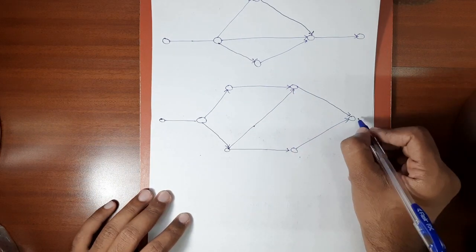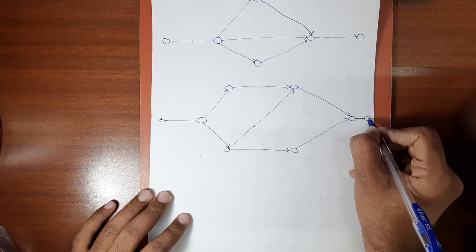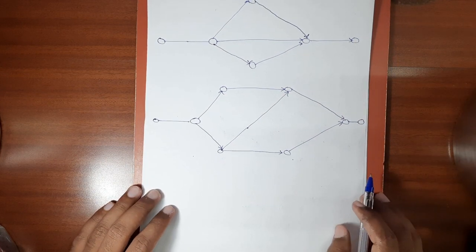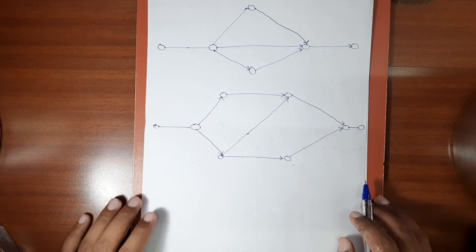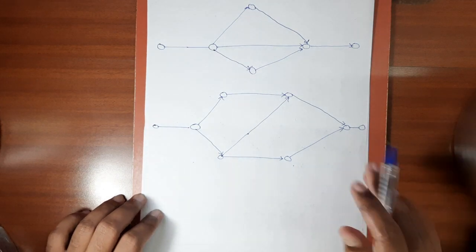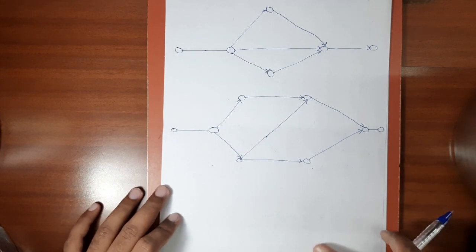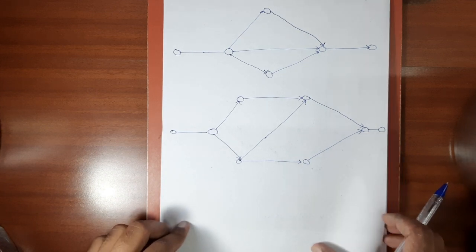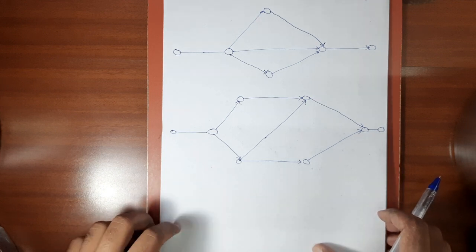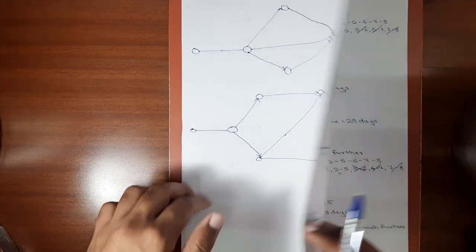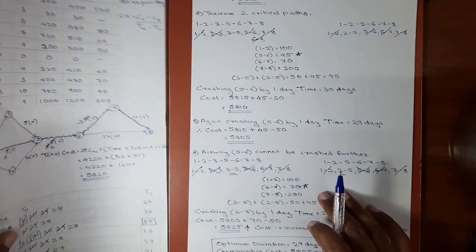Okay, always try to keep the network diagram in these two types, because the simpler you make the diagram, the easier it is to follow while crashing and while making the possible paths from first to last. This was just the additional point which I wanted to mention. I have seen many students make difficult diagrams and again they make mistakes while calculating the possible paths. If the paths are wrong, the critical path will be wrong, hence the whole numerical will be wrong. Okay, so please keep this thing in mind.